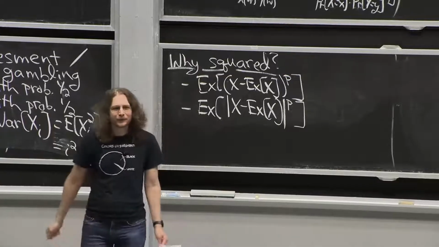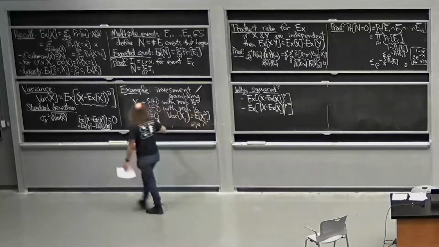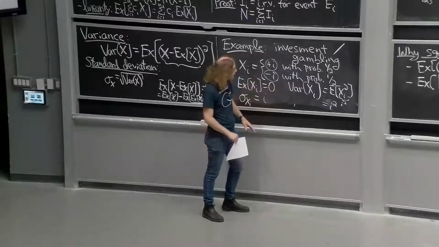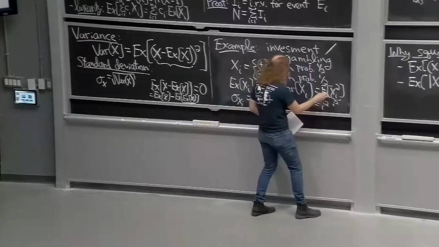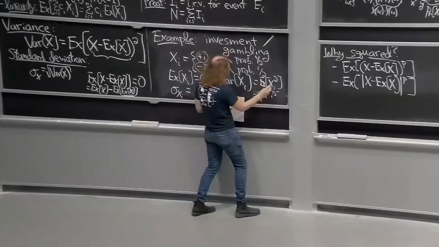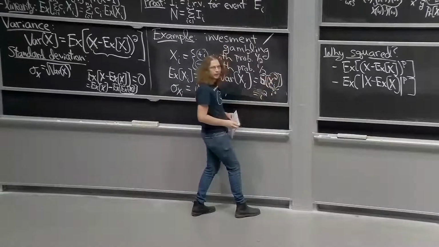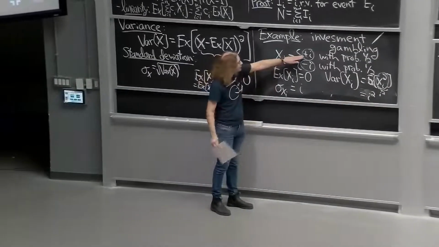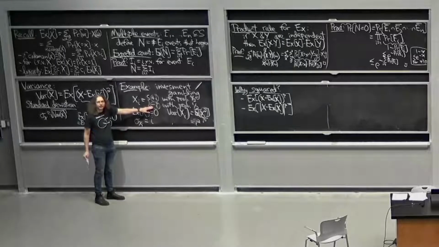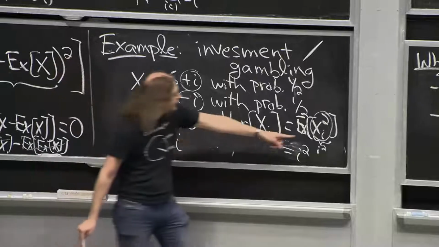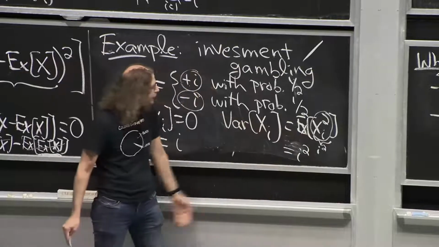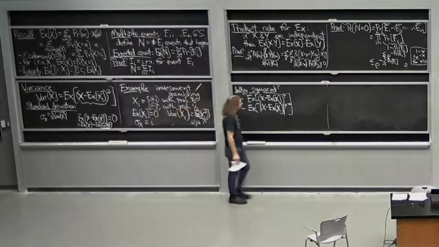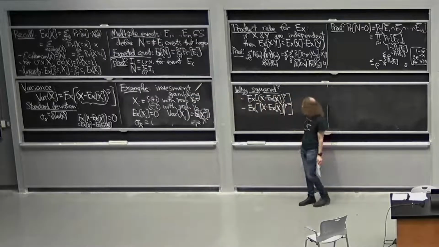Question? I have a question about your formula and the example for variance of xi. Are you setting xi squared equal to i squared, or are you setting the expectation of xi squared? I wasn't setting anything. I was claiming that xi squared as a random variable is always i squared. Because xi is either plus i or minus i, and in both cases, the square of that is i squared. So this is inside the expectation, yeah. And therefore, the expectation doesn't have anything to do. It's a constant, not much of a random variable.